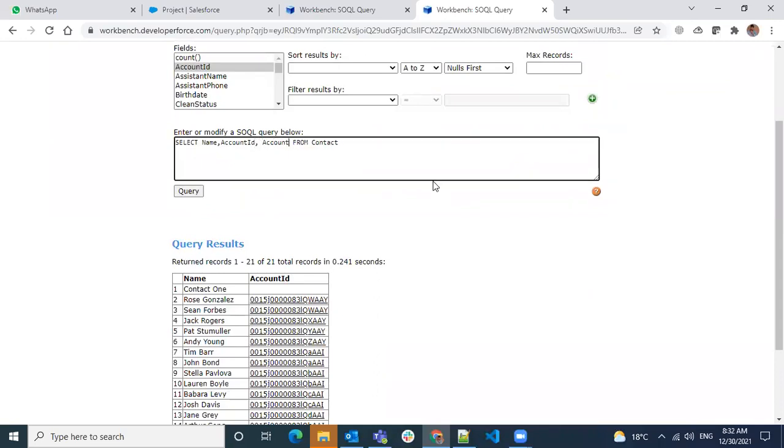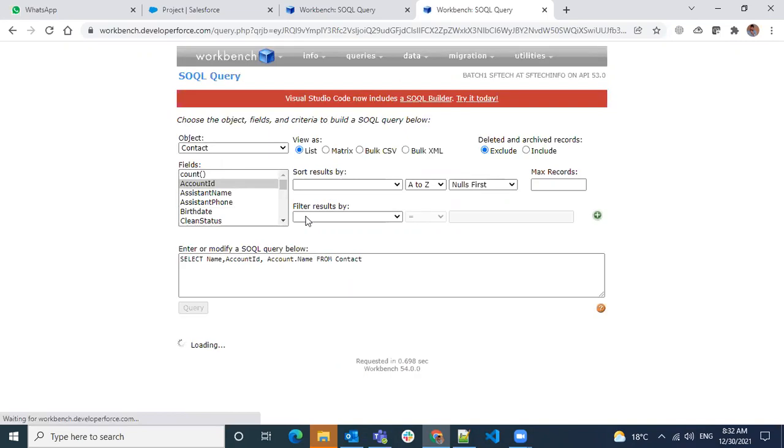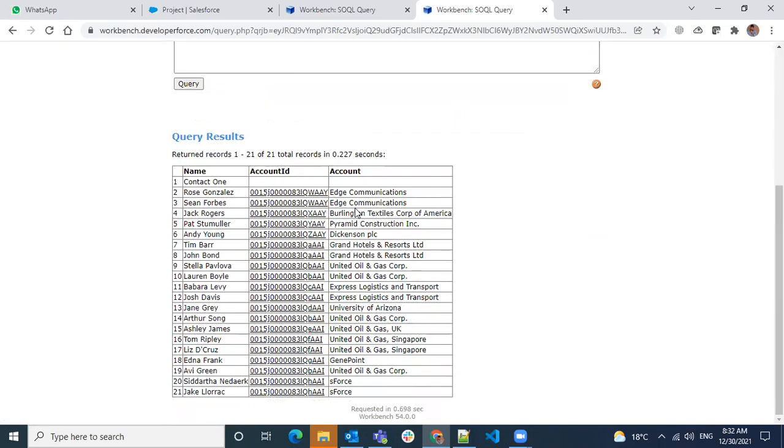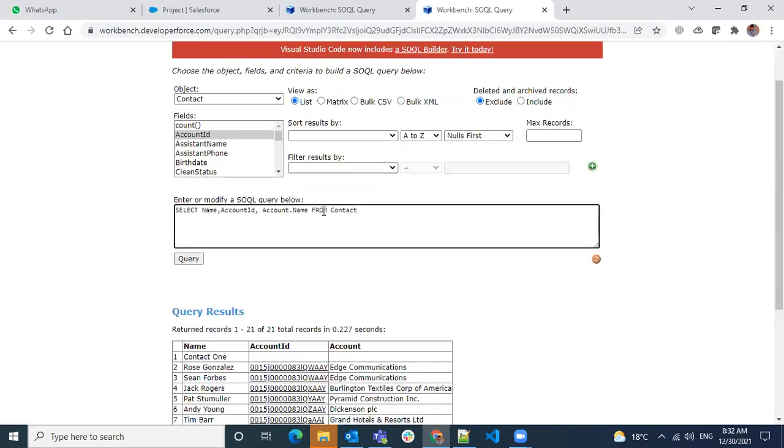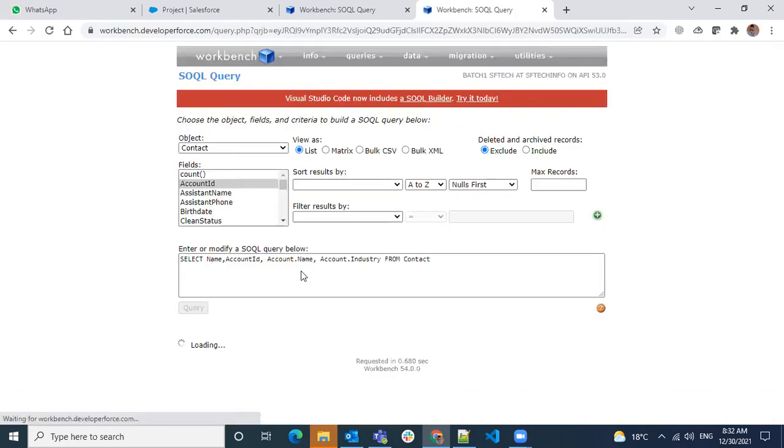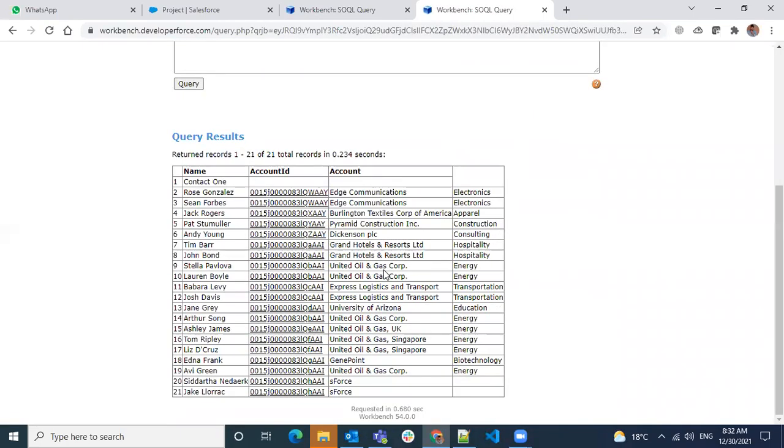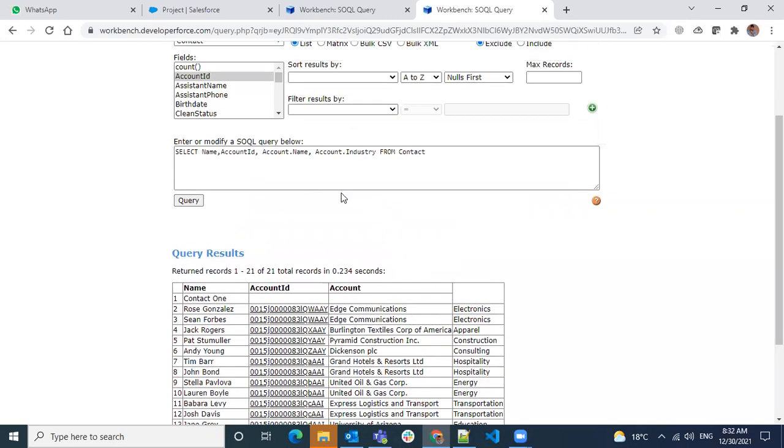We can do account dot name to extract the name of the account, or if you want, account dot industry, you can extract that.